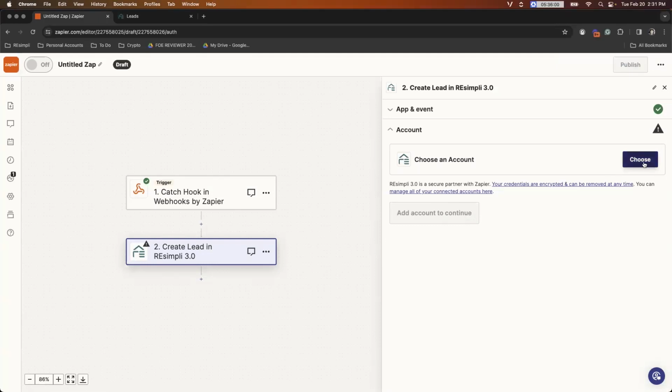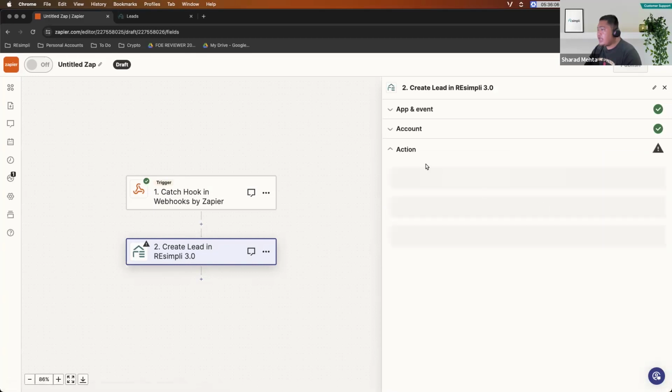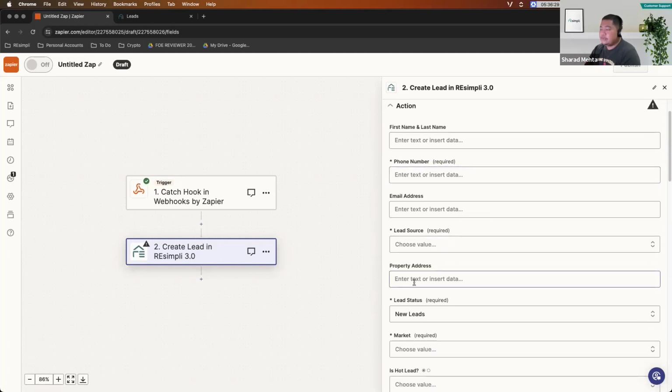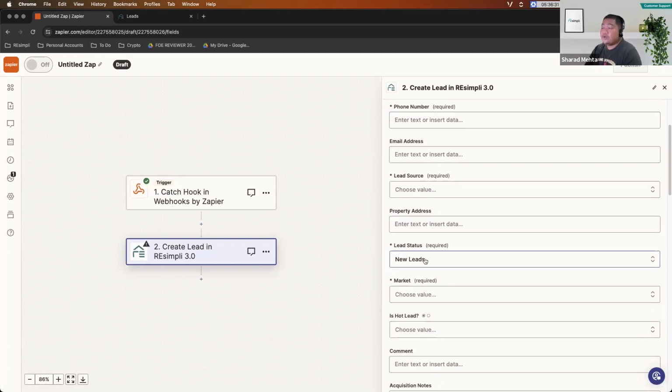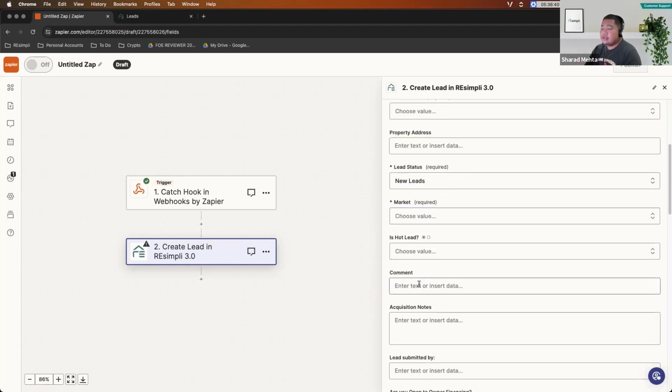Got it. Yep. So let me see if I can show you this. So it should actually look like this. It should show you these fields that you can map based on the data that you will be getting from that third-party platform that you're trying to integrate. So you'll be able to map the first and last name, the phone number, email, the lead source as to what lead source you would like to put that lead into once they're coming in from this particular Zap, the property address, the lead status, where you want to put them, the market, and if you want to mark the lead as a hot lead automatically once they're sent over to your reSimply account,